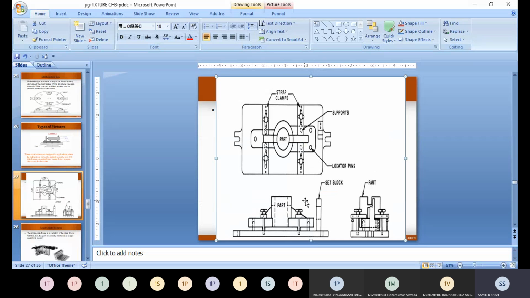You can see here that whatever your part is, it may be here and it may be fixed by some support, and by some clamps provided and by some locators provided and some set of blocks provided.